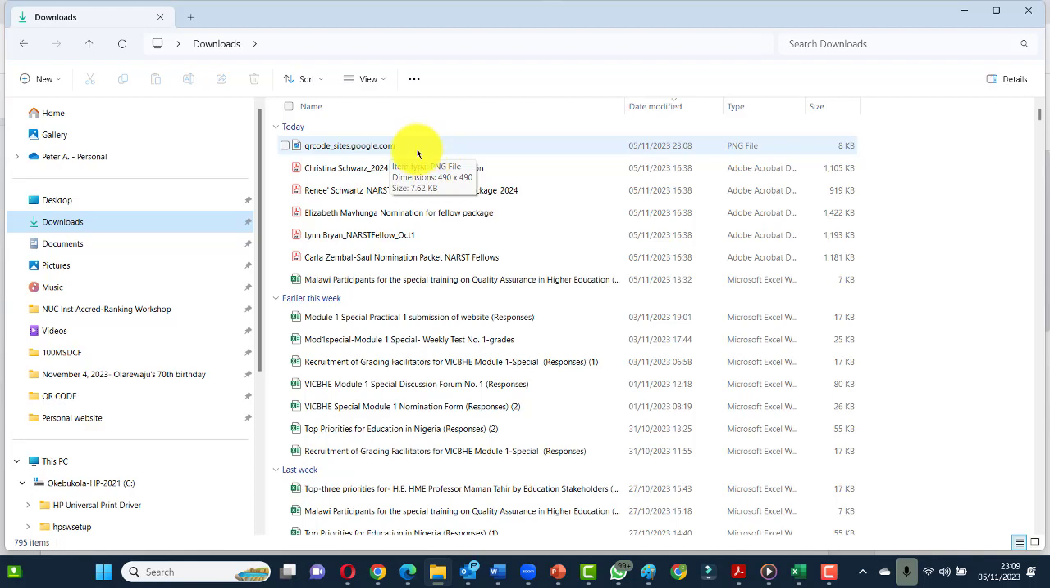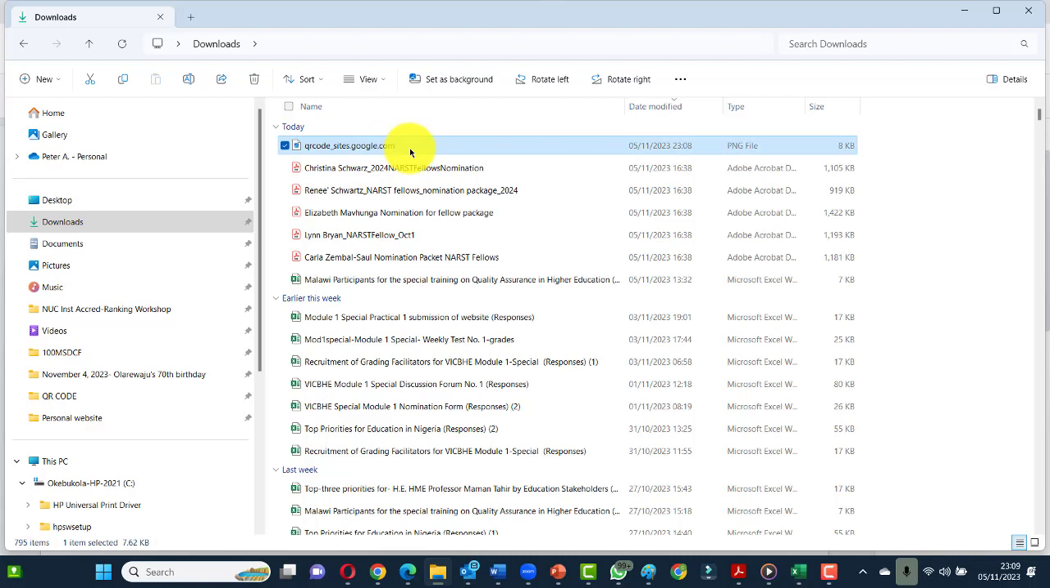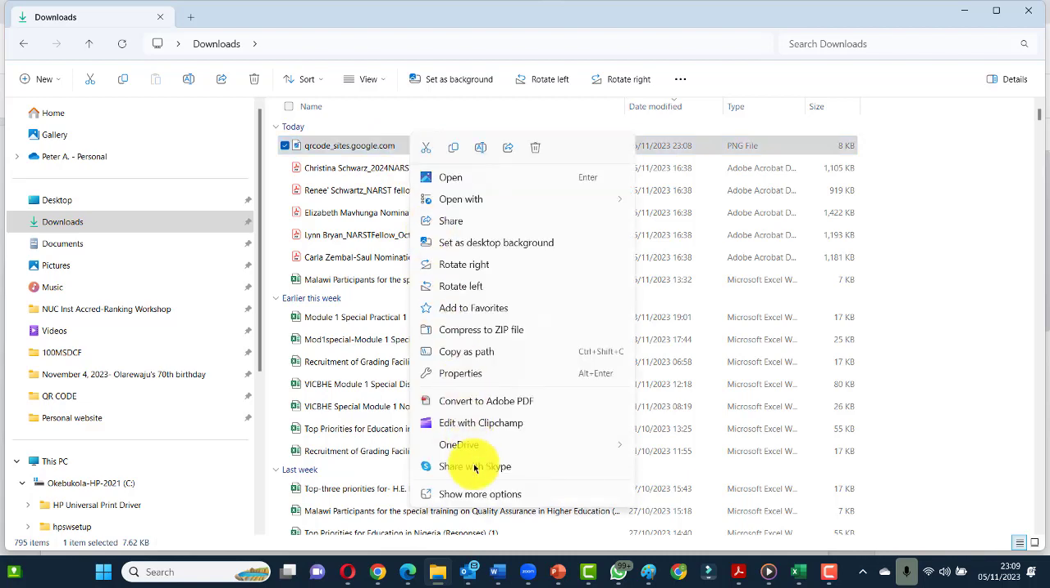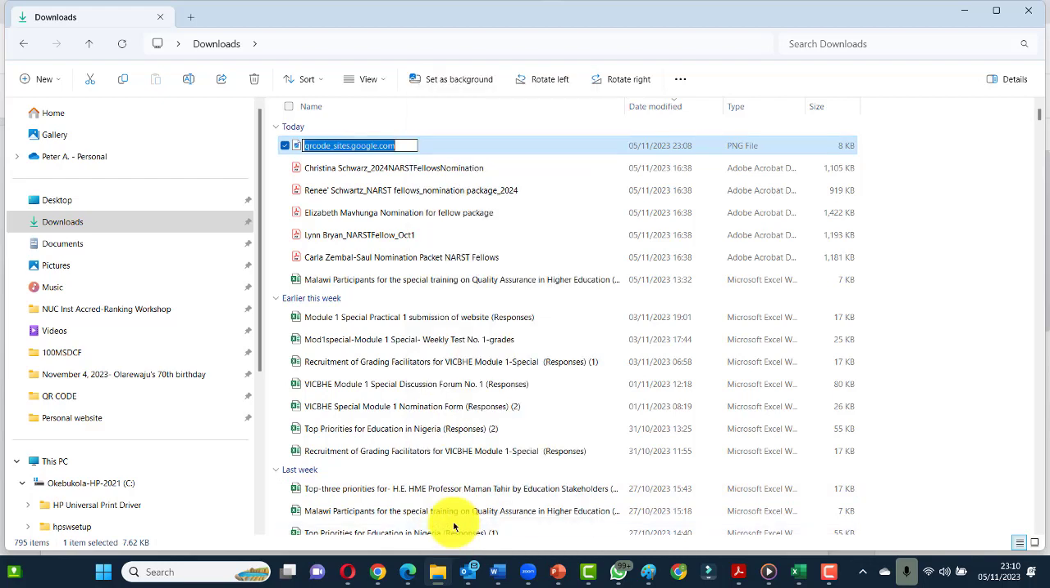So you have to now rename this. Watch me. Show more options. No, it's not picking yet. So right click here to show more options. And then I go to rename. See here, rename. You have to rename this with your last name,